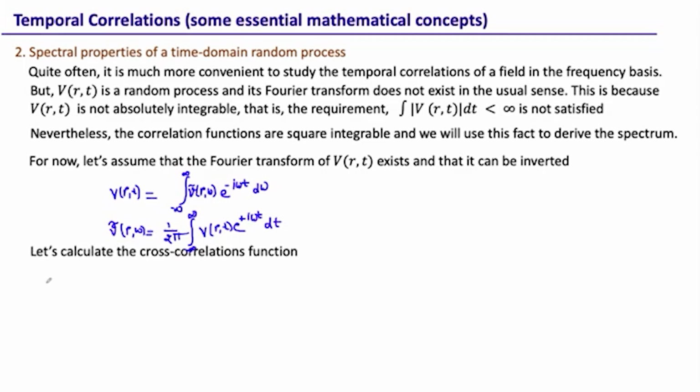What is the cross correlation function? That is V star(R1, T1) V(R2, T2), the ensemble average of that. So if this is the representation of the field, then how does the cross correlation function look like? So we have a double integral